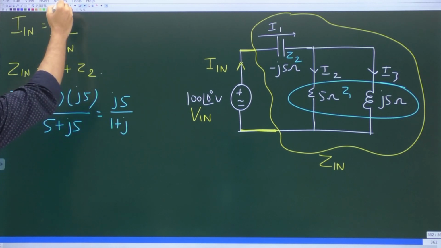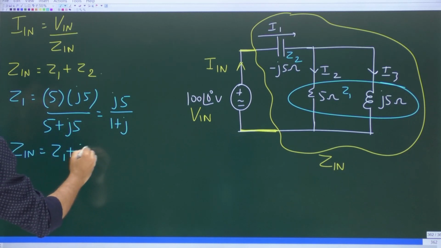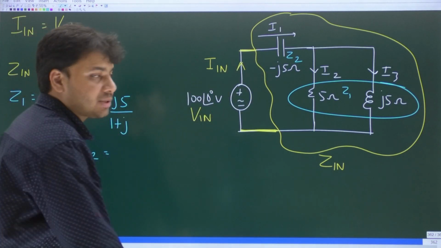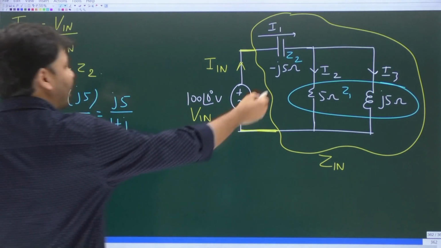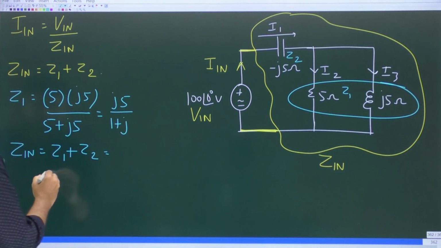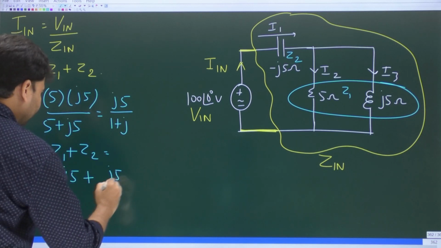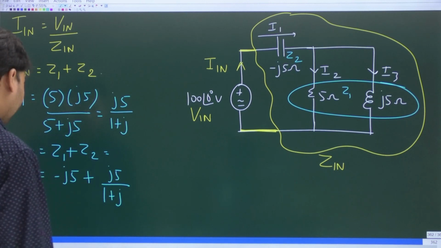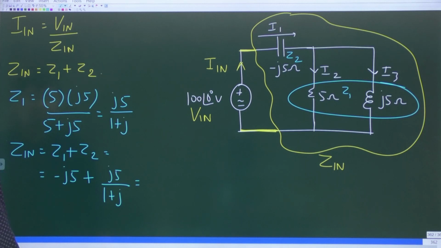And then our input impedance, what is it? Input impedance is what? Z1 plus Z2. Remember, Z2 is what? The impedance of the capacitor, which is already given as minus J5 ohms. So to this minus J5 we add this Z1, which is this much. Okay. So minus J5 plus J5 upon 1 plus J. Correct? Okay. Now if you take LCM and so on,